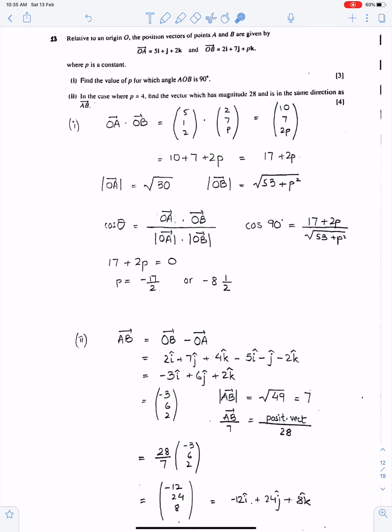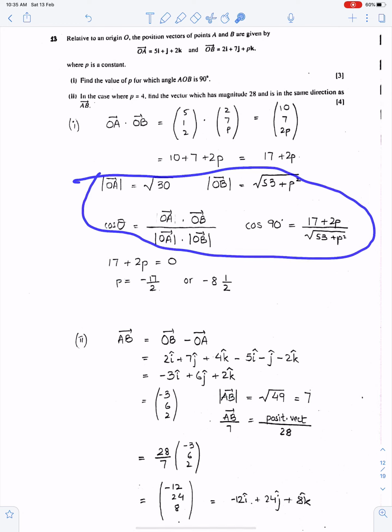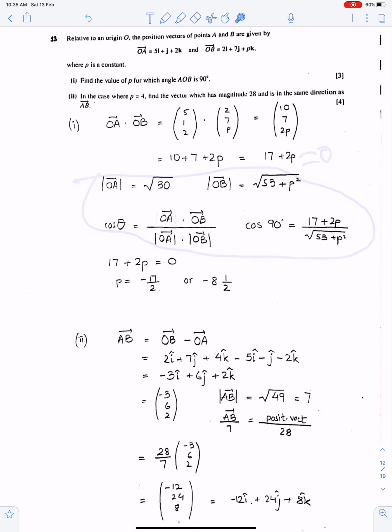Question 13, we need value of P for which this angle is 90. 90 means perpendicular. So the dot product of these two vectors must be 0. So this must be 0. You don't need to write these things. Just equate this to 0. And P will be